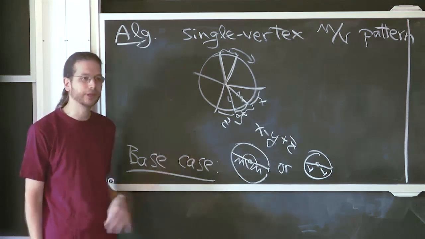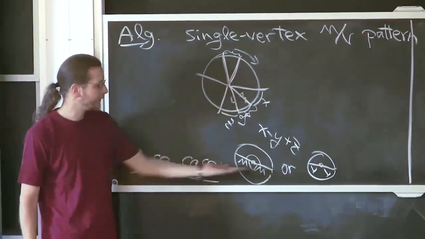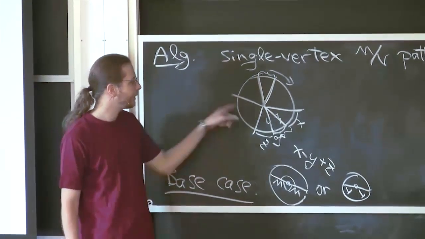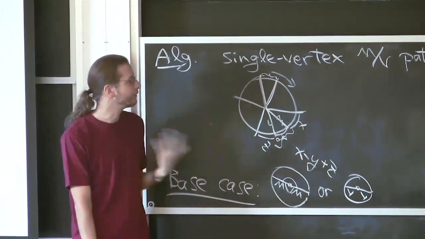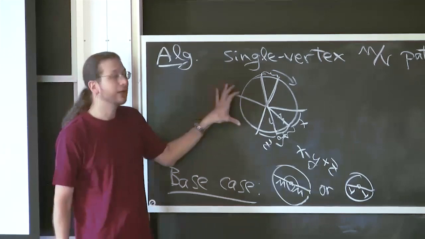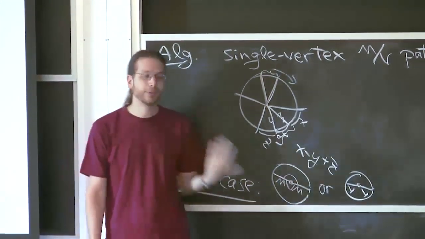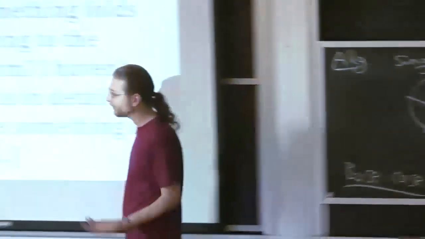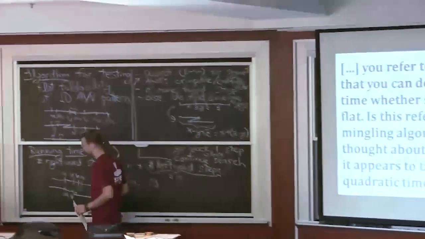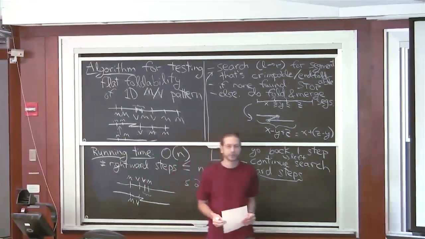That's what we proved in Lecture 3, that crimps are enough to get down to this situation where you have only two creases left, and that's what's foldable when you only have two creases. Okay, so this is becoming a cone as soon as you do operations. It's just like the analysis we did. But this algorithm will run in linear time for the same reason. The number of clockwise steps equals at most n plus the number of counterclockwise steps. And so it's linear time as well. Any questions about those algorithms?